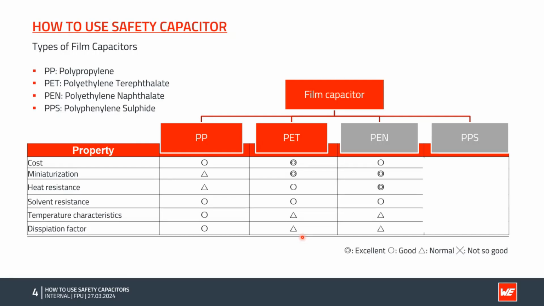Then for PEN, it's the same. You have good characteristics for heat resistance, but the stability of the capacitance over the whole operation range is not that good compared to polypropylene. And also for PPS, it's especially price sensitive. It's really good performance, but overall when you build up a mass product, because it's all related to the price, it's not so common to use this kind of base